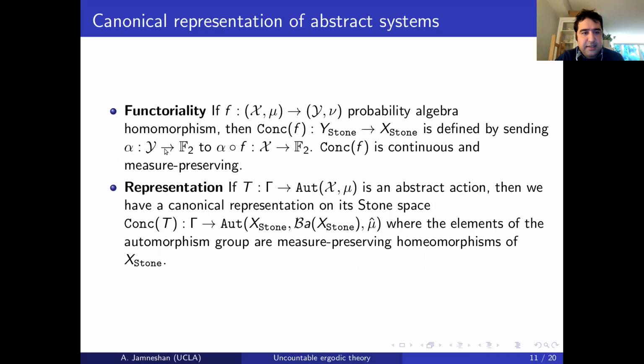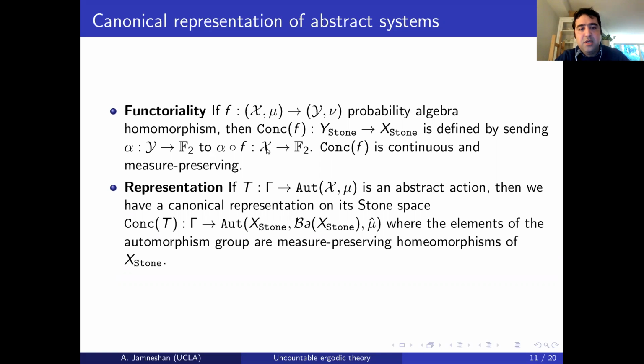You take, let's say, a Boolean character, and then you take the composition of that Boolean character with that homomorphism, and then you get a Boolean character on that space. One can show that this function between the Stone spaces is continuous, and it's also measure preserving, and the passage from probability algebras to Stone spaces and from probability algebra morphisms to continuous functions is